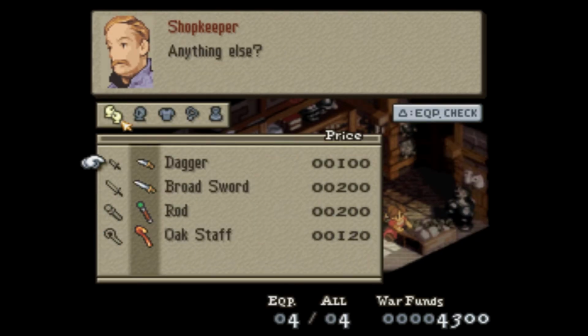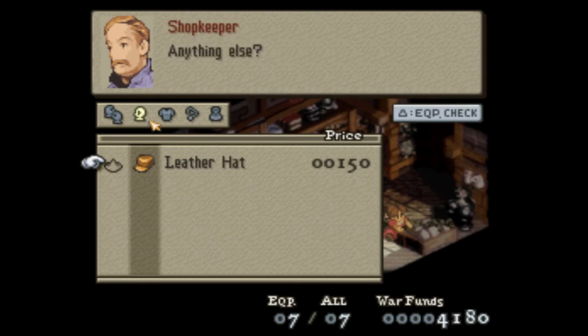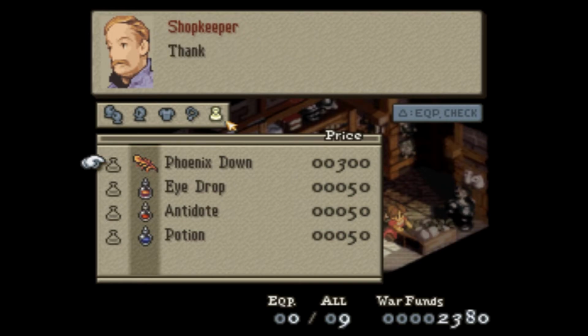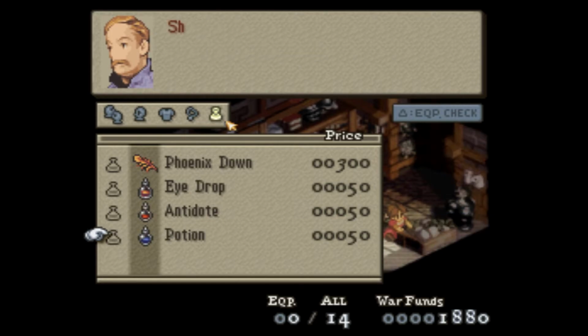So Brave is super good in this game. It raises the chances of reaction commands activating, and it also increases the monk's physical attack. So the higher your Brave, the stronger a monk with their fist will do, and other stuff like that. And then